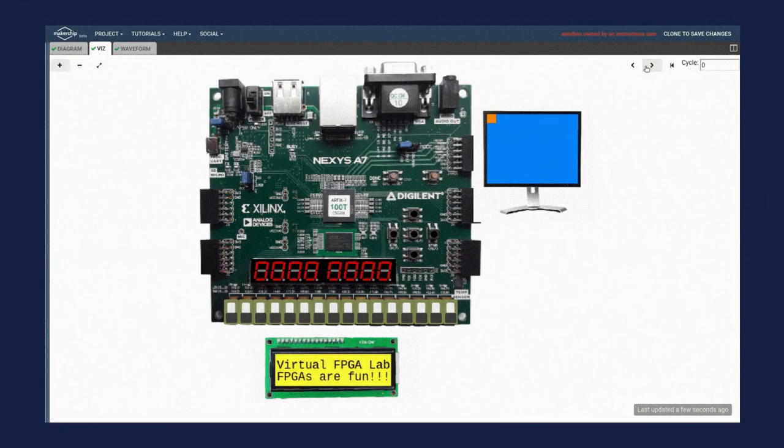Due to the ongoing pandemic situation, students don't have access to physical FPGAs for their prototyping, and since FPGA boards are costly, universities cannot offer them to students at their homes. So, for beginners to get started with FPGA programming, we have made this virtual FPGA lab, which aims to mimic the same FPGA lab experience in a web browser using Makerchip features.